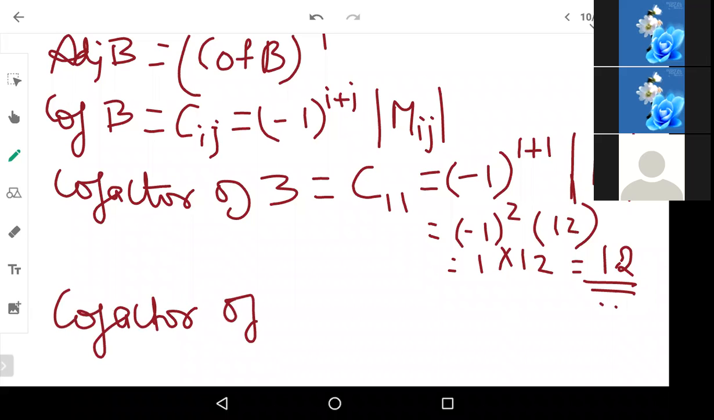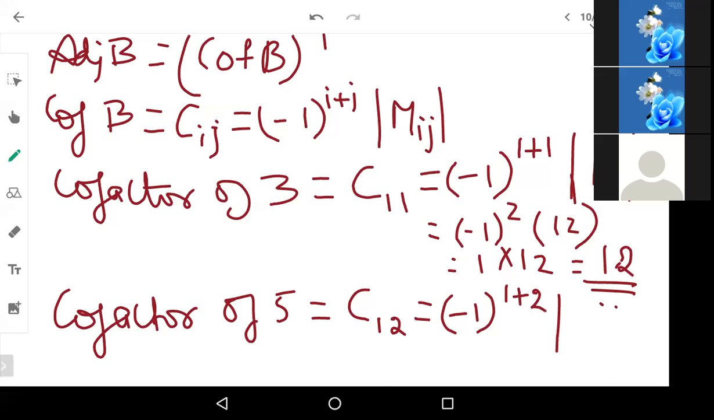Next, cofactor of 5 is equal to first row, second column, minus 1 to the power 1 plus 2. And what is the minor of 5? 5. Nice, no? So minus 1 to the power 3 into 5, which is